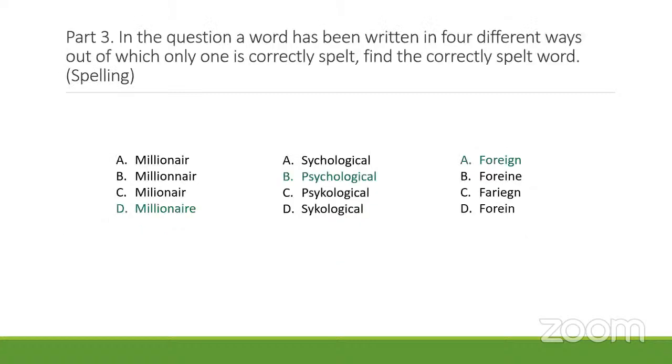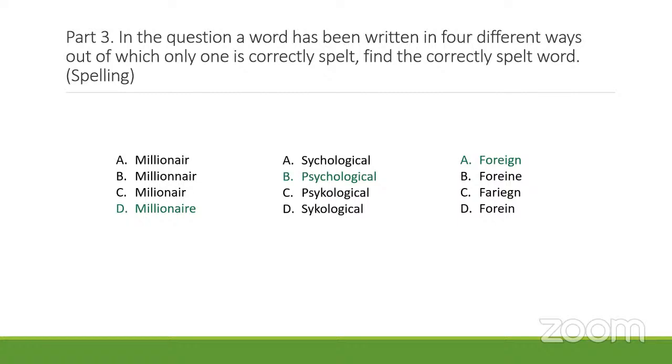Now, the next part is where you are given different spellings. There are again three different words where they have 4 different spellings for each word. When you read through the spellings, you will have an idea of how the word millionaire is to be spelled. So the correct option, if you feel that is the correct option, you can go for D, the option which is